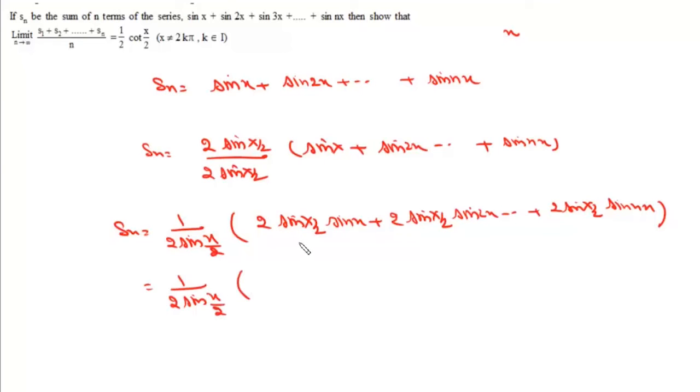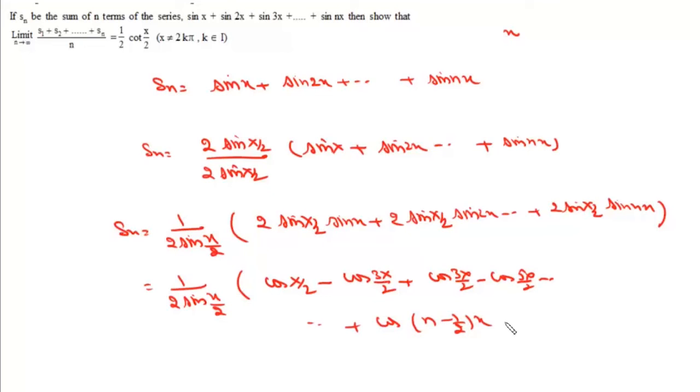Now will be 1 upon 2 sin x by 2. Now this is 2 sin A sin B. So it will be cos A minus B, which is cos x by 2 minus cos 3x by 2. Now here will be cos 3x by 2 minus cos 5x by 2. And in the end we'll have cos n minus 1 by 2 x minus cos n plus 1 by 2 x. Now all these terms, they'll cancel. So basically we'll get this